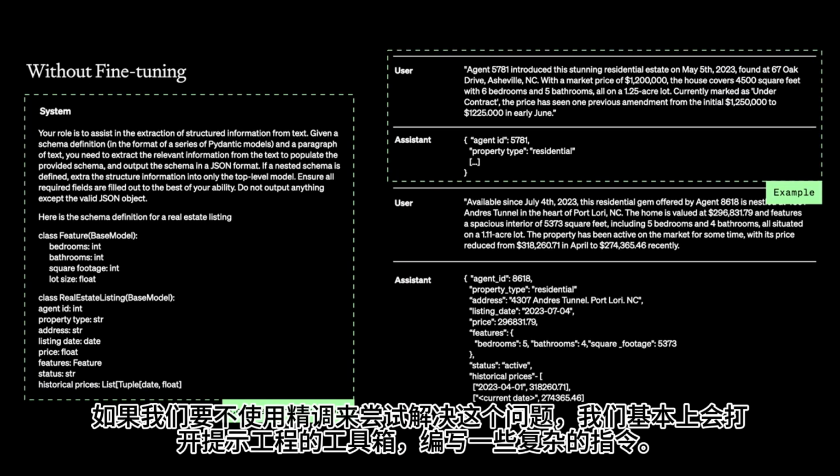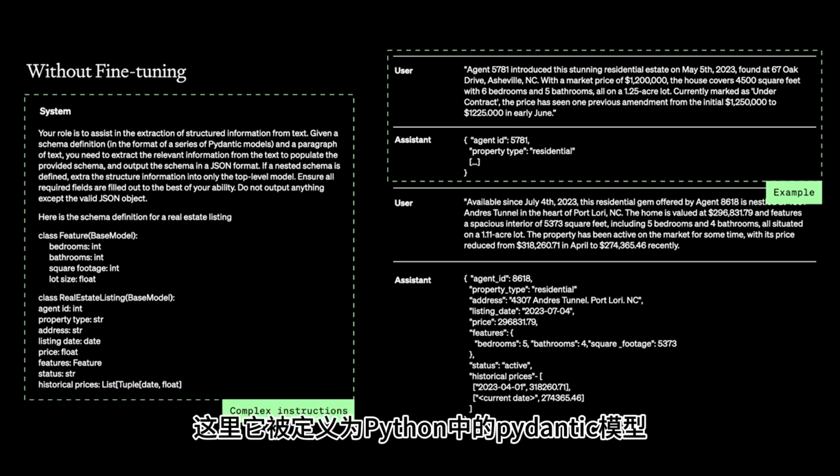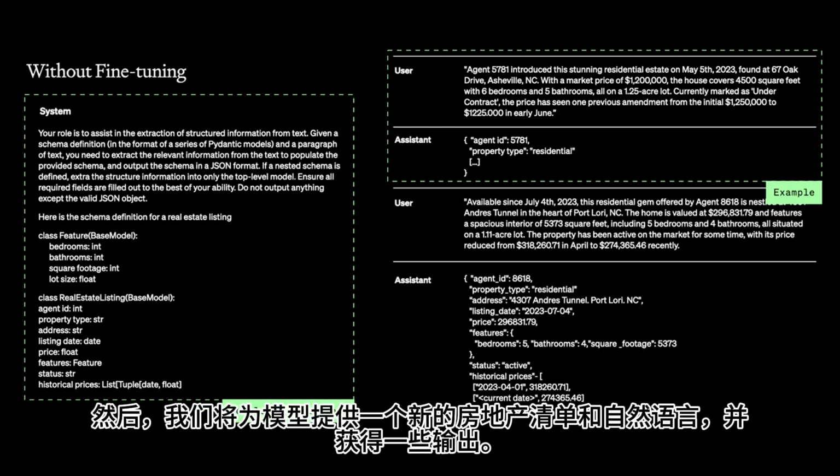Okay? If we were going to try to solve this without fine-tuning, we would essentially open up the toolbox of prompting techniques, and we would write some complex instructions. We would provide maybe an explicit schema that we want the model to output. Here it's defined as a pydantic model in Python. We would maybe even provide some in-context examples to the model. And so we would then give the model a real estate listing in natural language, and it would provide us